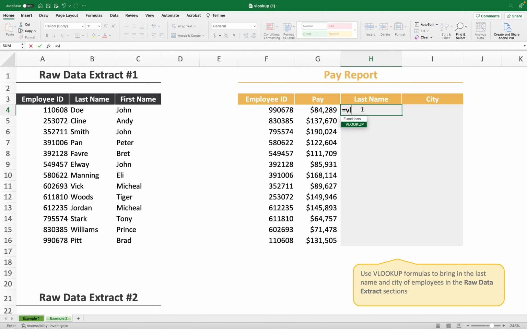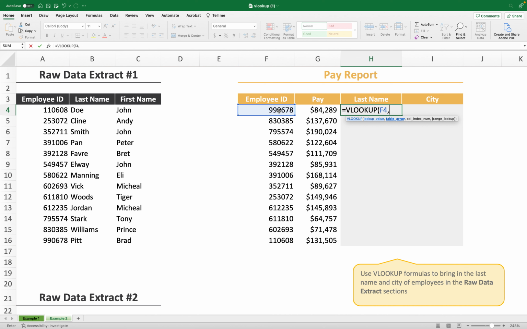Then we write VLOOKUP. The best part of Excel is that it allows you to see the formula and what is happening. So in this case, we find VLOOKUP. I'm going to click on it. As it happens, it helps me. What do I need to do? What it's asking me is, what do you want me to look up? And as we discussed earlier, I want you to look up the ID,